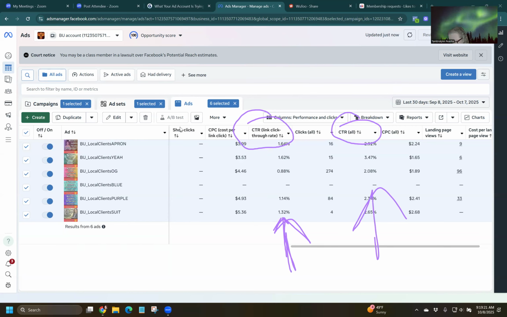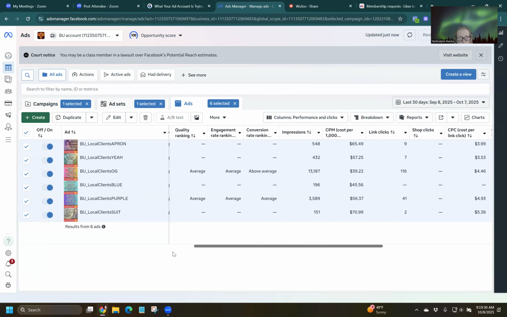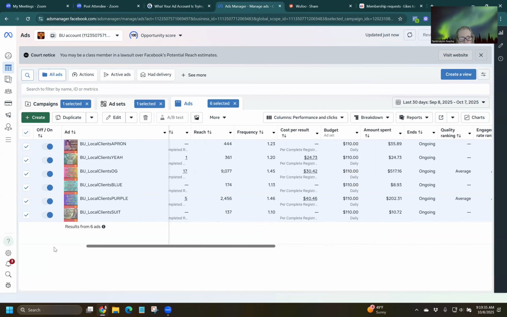Let me delete this, get this out of the way. And then I also look at frequency. My ears got a little congested overnight because we've got allergy season here.